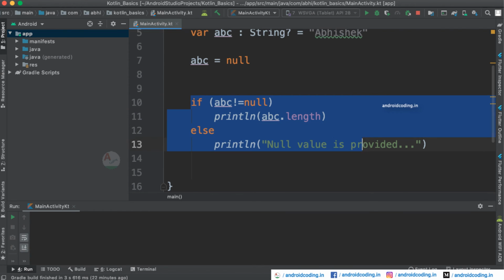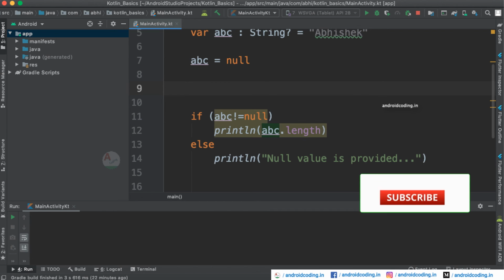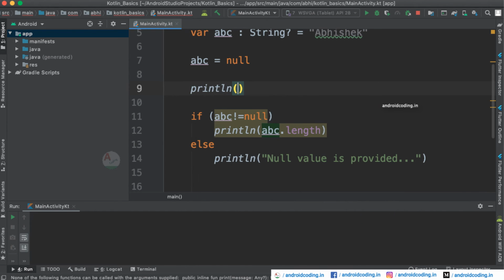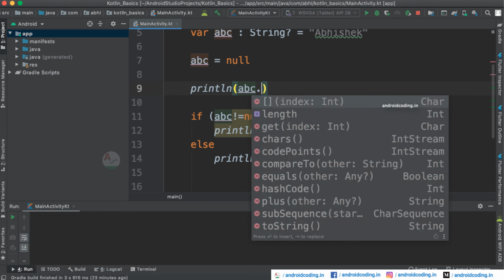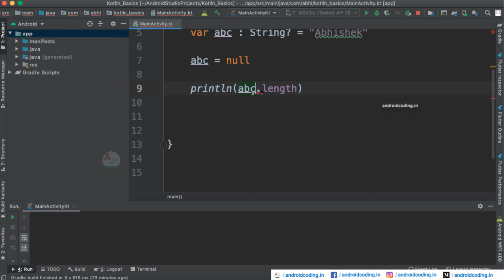Instead of everything, we can make it much simpler to check whether the variable is null and handle it accordingly. Here we declare the print statement and dot length. Here we are getting an error, right? We can make use of a safe call here using a question mark.